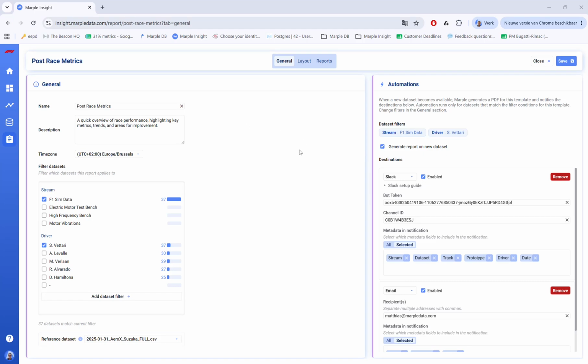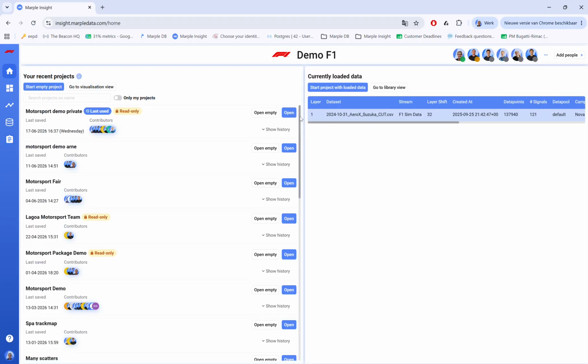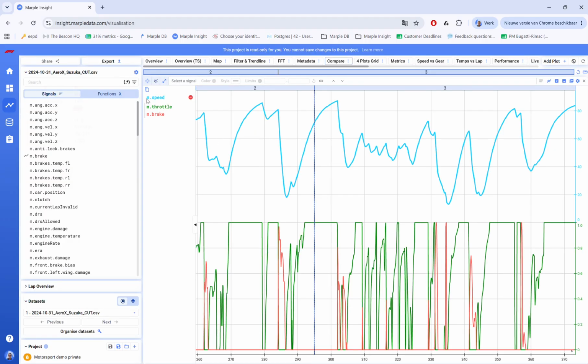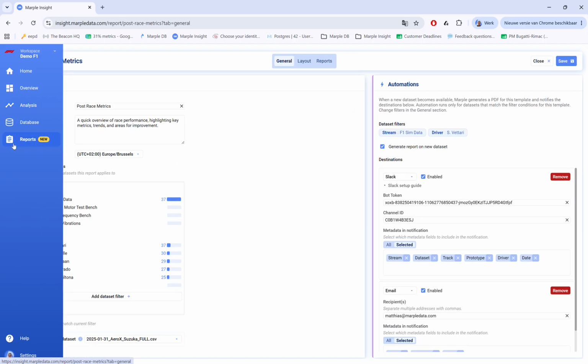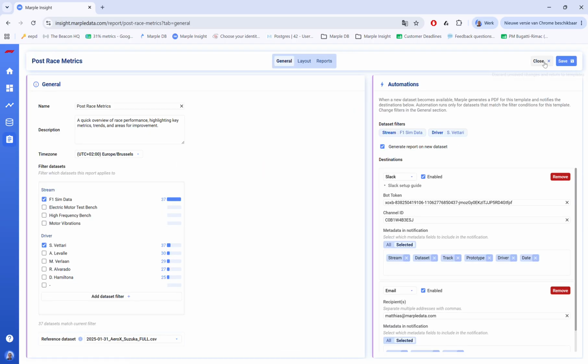This is a small summary of the new reporting feature. The workspace I'm in has some Formula One demo data. We have some projects with a lot of nice plots available. Just for your information, the way the reporting works, let's go to the overview, is that